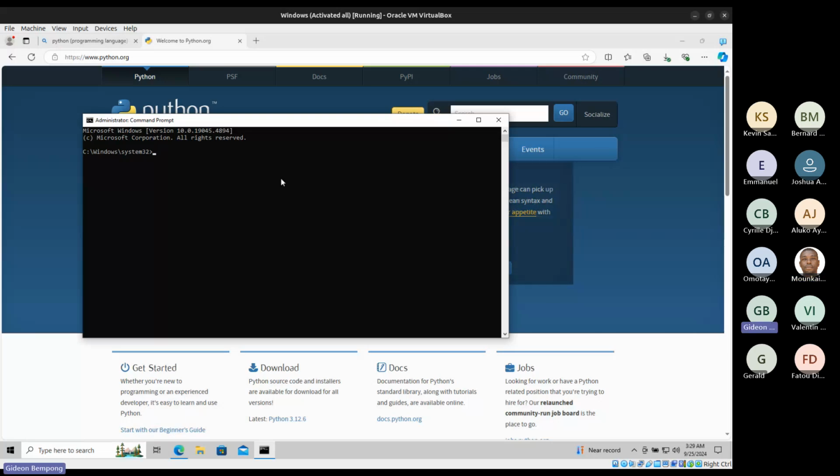So what Timona was saying earlier on, to check your Python version, you open the CMD command prompt and type python --version to check if you have Python installed. I don't have Python installed over here, so I'll go through the installation. It says Python was not found. So you go to the